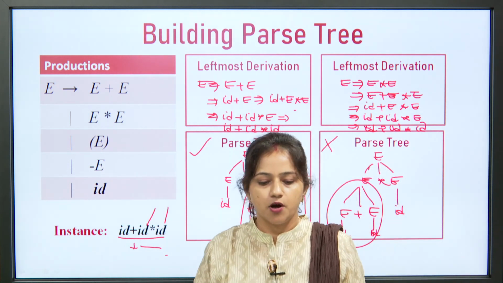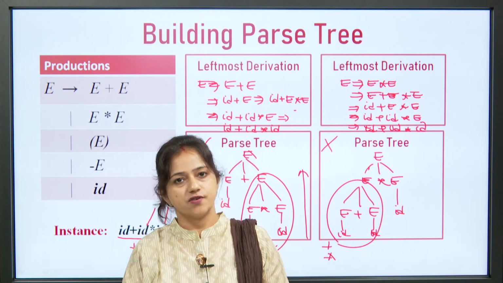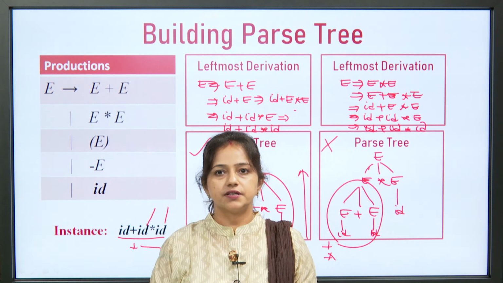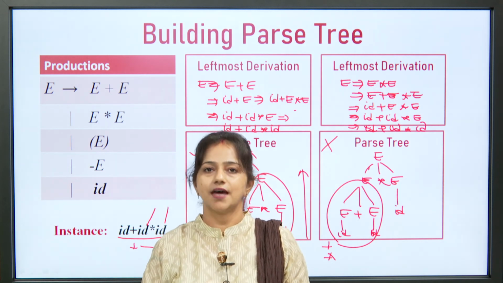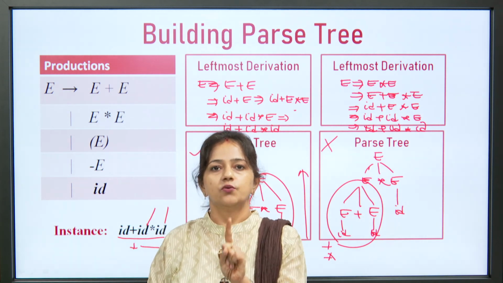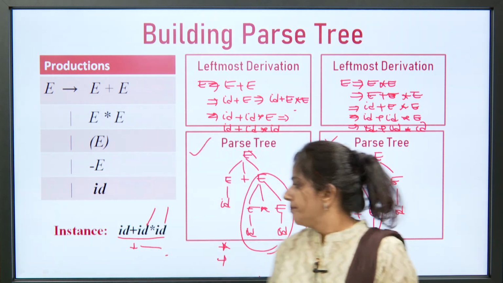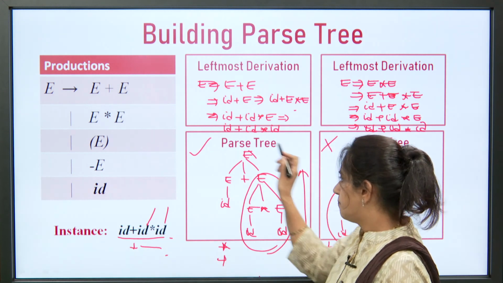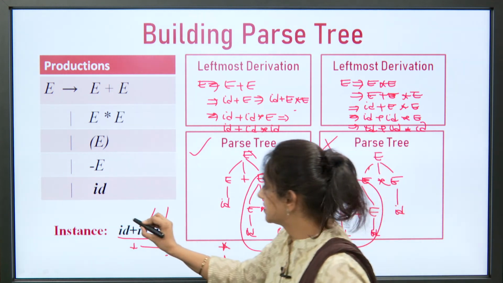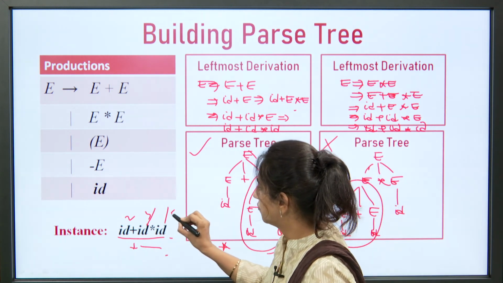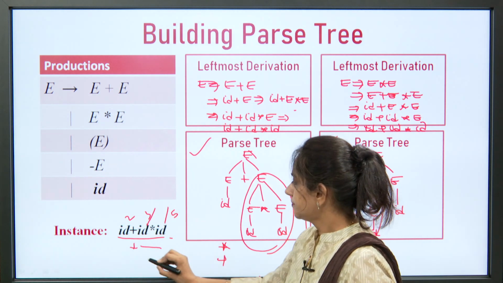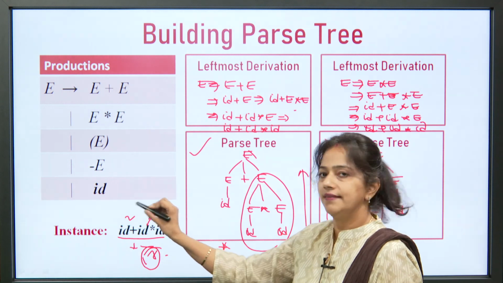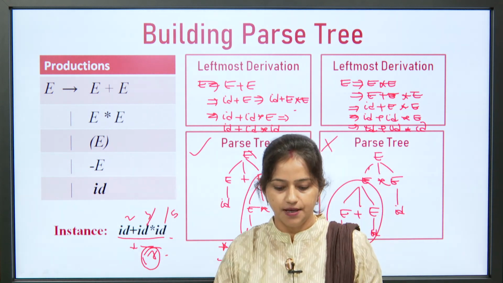So this is the process of building the parse tree. Here we have shown that there are multiple leftmost derivations and different parse trees, but we have to select only one parse tree, because a single computation should have only one method of performing the computation. Suppose this is 2, this is 3 and this is 5. So every time we should get 17, right. First these should be multiplied and then that should be added to the previous one.